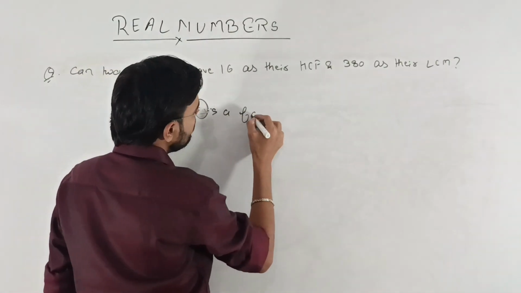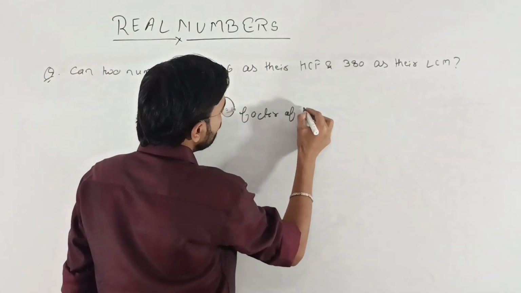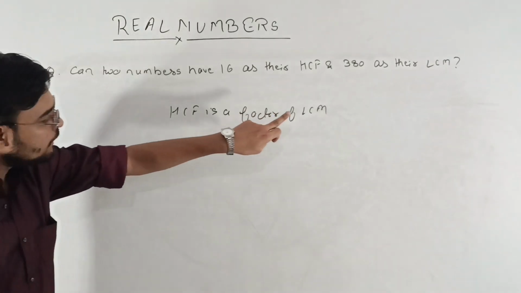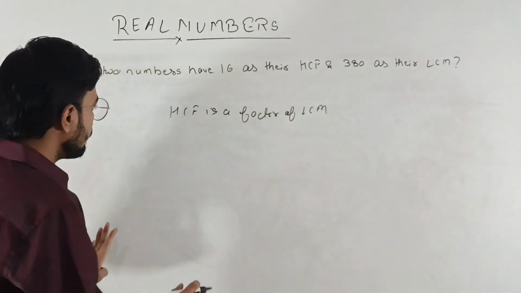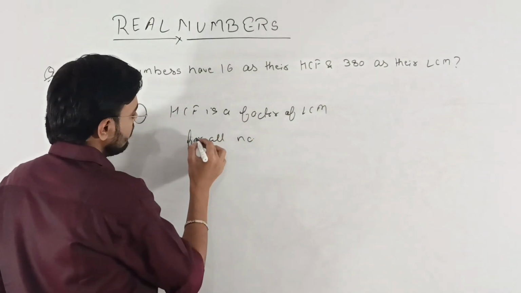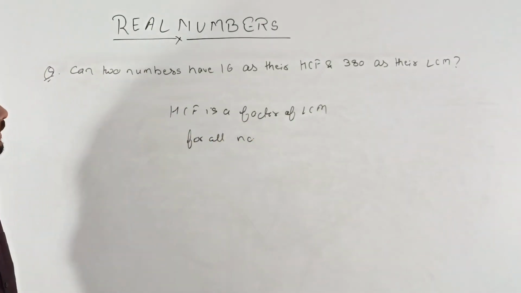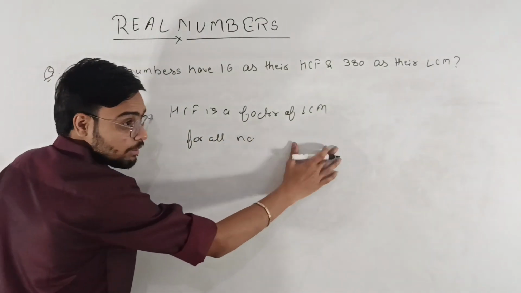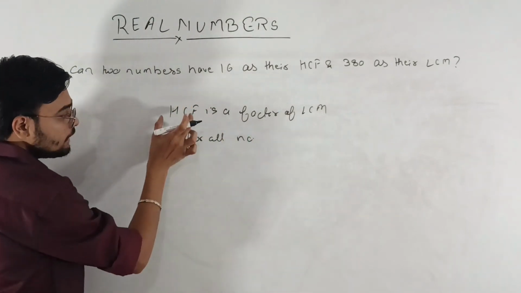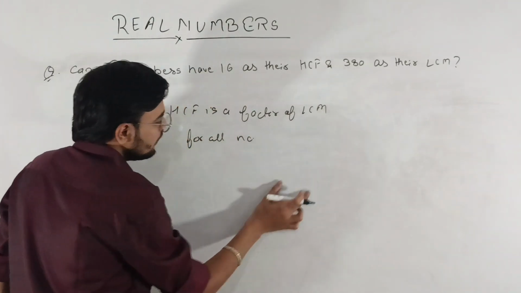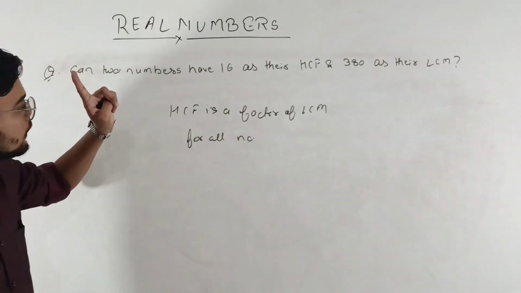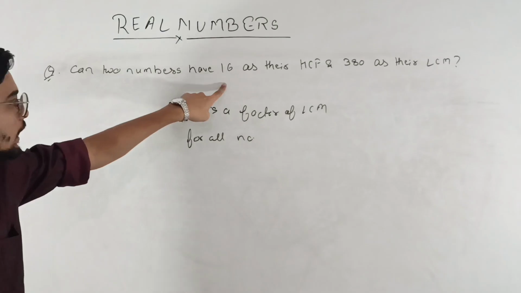HCF is a factor of LCM, which means HCF completely divides LCM for all numbers. Factor is a number which divides a given number. Now look, HCF is a factor of LCM, which means HCF divides LCM completely. Now in this case, the question is asking: can two numbers have 16 as their HCF